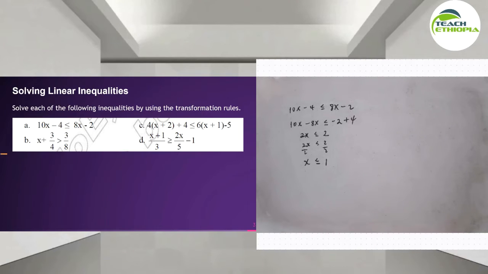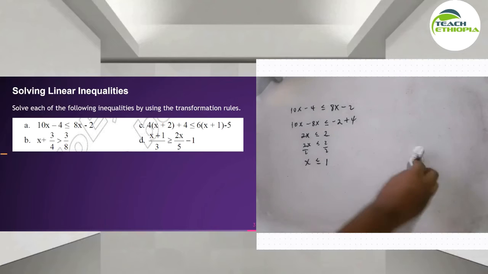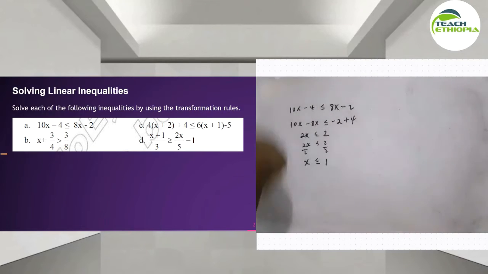ስለዚህ x ከምን ማነስ አለበት? አንድ ማነስ አለበት። ሶሉሽን ስለዚህ ምን ይሆናል? x is less than or equals to 1 which means 1 አካቶ ከአንድ ያነሱ ቁጥሮች እነማን ናቸው? it's going to be minus 3, minus 2, minus 1, 0 እና 1ን ኢንክሉድ ያደርጋል። እዚህ ጋር መርሳት የሌለብን 1 ኢንክሉድ ያደርጋል because equal የሚል ነገር አለ። ስለዚህ 1, 0, minus 1, minus 2, minus 3 እንደዚህ ይቀጥላል ማለት ነው። ግን አንደር ጊቨን ዶሜን ቢሆን ኖሮ ሶሉሽኑን መናገር እንችል ነበር። ግን አሁን ምንም አይነት ጊቨን ዶሜን ስላልተሰጠን ሶሉሽናችን ይሄ ይሆናል ማለት ነው።